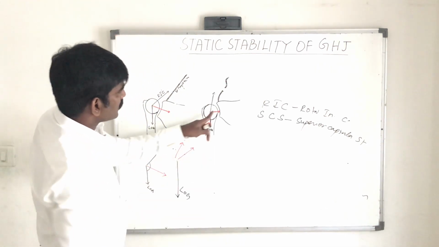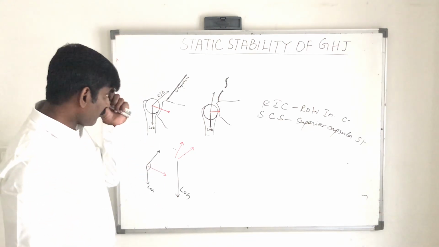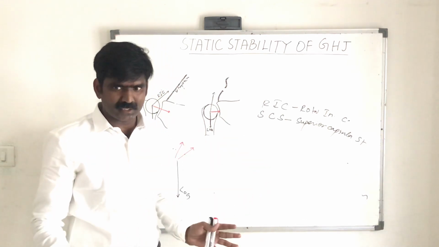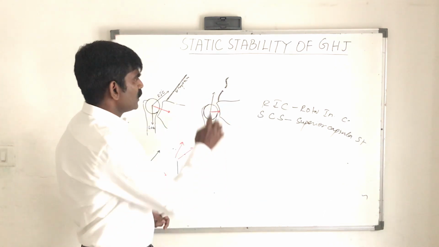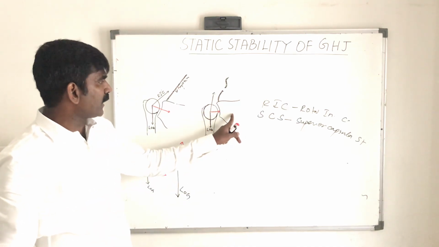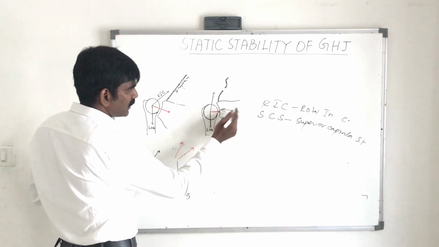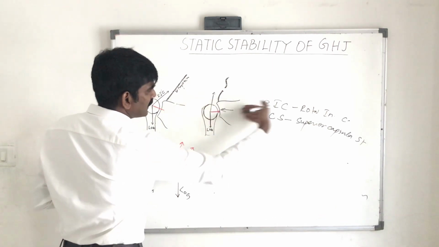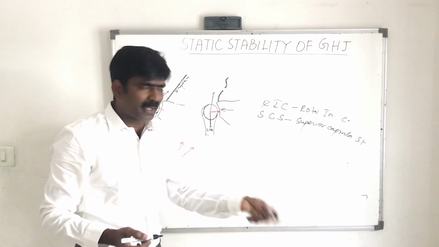Now if you take a second example, imagine there is a weakness or paralysis of the upper trapezius or paralysis of any of the stabilizers. Not paralysis, even weakness of the stabilizers. What happens? The optimal posture of the scapula is now not maintained. You see the direction of the glenoid fossa here is lateral. Here it is facing upward. Here it is facing laterally. Why? Because the stabilizers are weak or paralyzed.